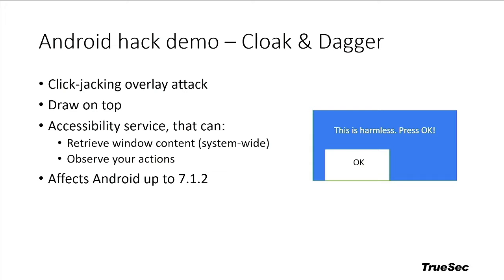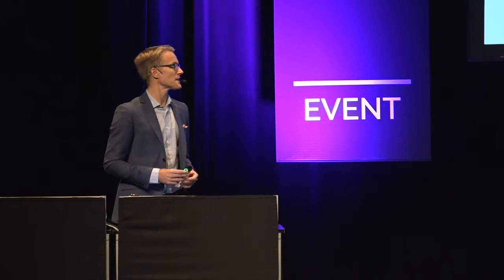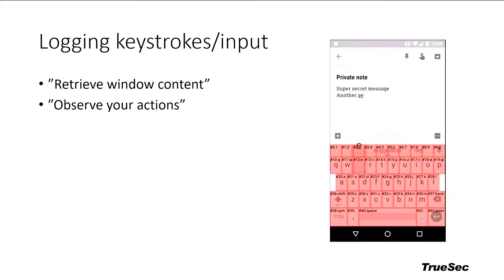So you're going to see how this works in practice, and how we can activate accessibility features implemented as part of an Android application to retrieve window content, and that's system-wide. So we can retrieve everything that's displayed on screen. And we can, what's called, observe your actions. That means observing and hooking into what's being pushed and what's not being pushed on the screen. So we'll take a look at that before we go on to